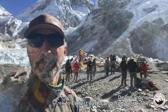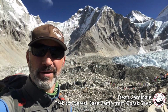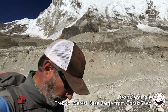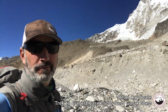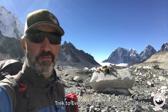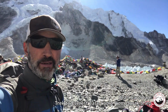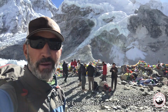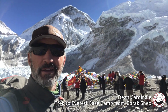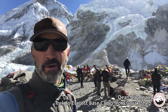But groups here at Base Camp. The weather has been perfect. Look at the views from here. All the surrounding mountains, Pumori up there, the route that we took in, and looking back down the Khumbu ice fall, the Khumbu Glacier, heading down towards Lobuche and Pheriche, and then back around to Base Camp. Look at those views. Everybody's happy, blue skies, clear weather. It's pretty nice. Had actually no wind. We're having a great time,